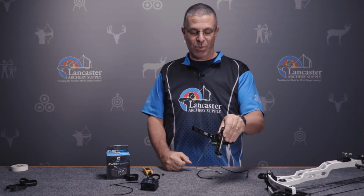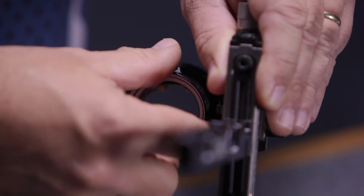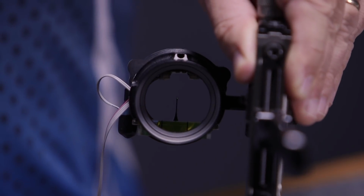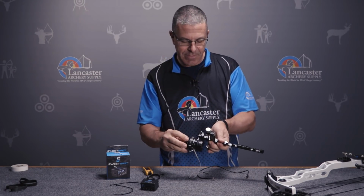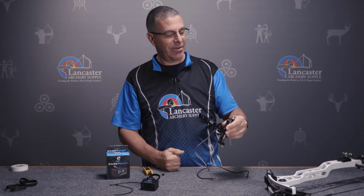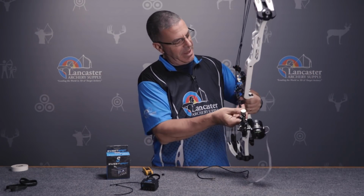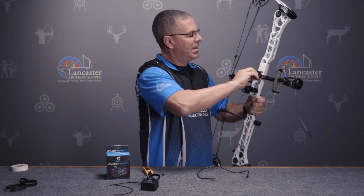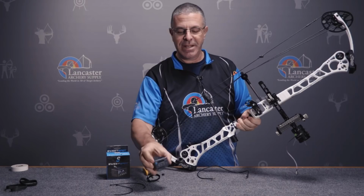Okay, now you'll see those wires inside there, but as soon as I put on my two-step shade, those wires are far less visible in there. They're not as much of an obstruction as you might think. Don't want to forget to put my lens back on. Okay, so now my wires are ready, and now I'm ready to go and mount this on the bow. So my sight's just going to go in like it normally does. Get that locked down. And what I've already determined is that for me, I need to mount my unit on